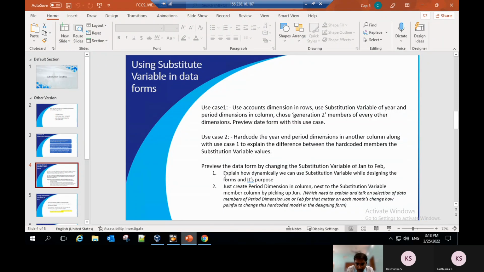Number one, explain how dynamically we can use substitution variable while designing the forms and its purpose. Already I have said, just create the period dimension in column next to the substitution variable member column by picking up Jan, June, which need to explain and talk on selection of data members of a period dimension, Jan or February. For that matter, on each month, how painful is it to change the hard-coded value in the designing form. Okay,